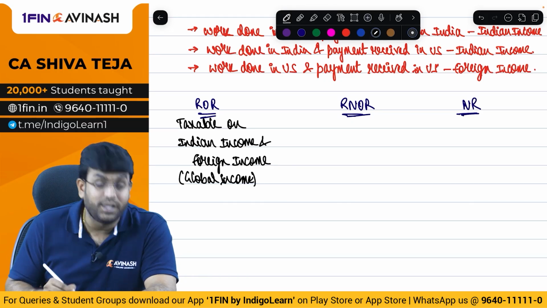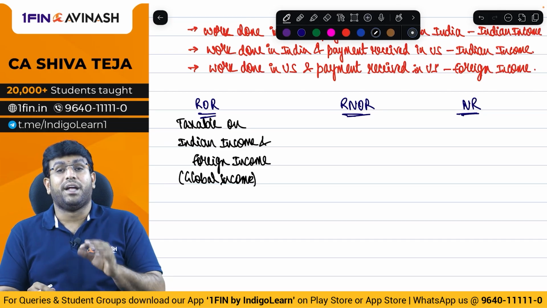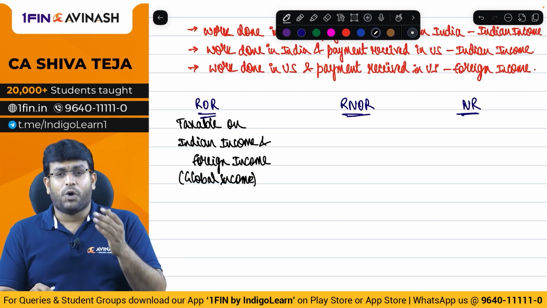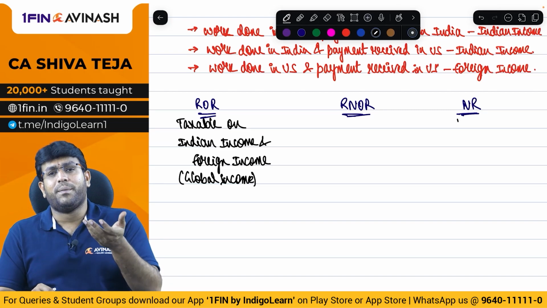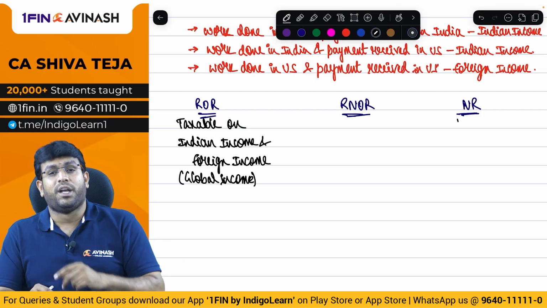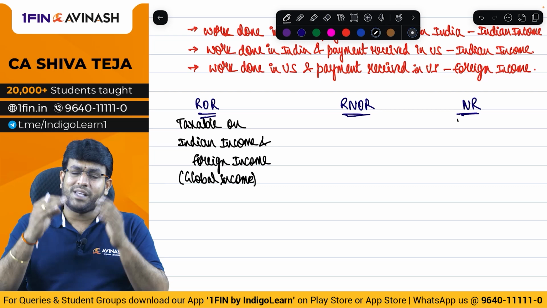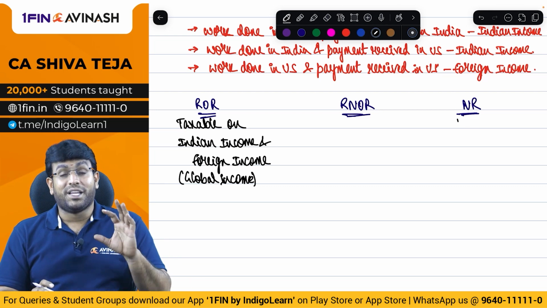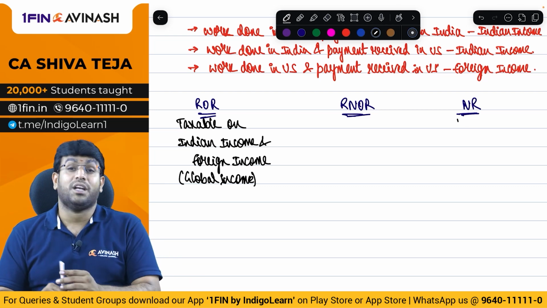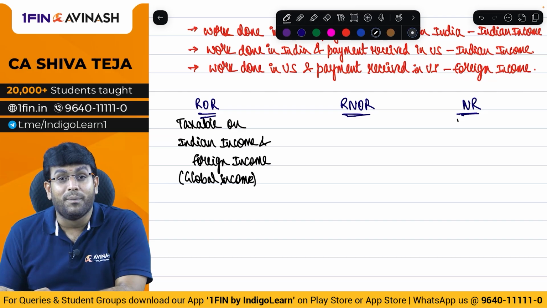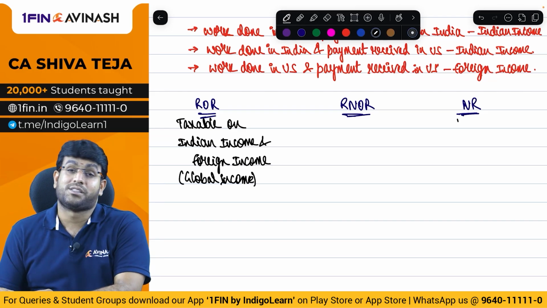So wherever you earn income, you are still required to pay tax in India. You might get one doubt. Sir, what if a person is in India, he has earned income in US, accrued in US, received in US, foreign income. And they might say, in US also you pay tax. Will they pay tax in US and also in India, sir? For that there is something called double taxation relief, which we will talk about separately.